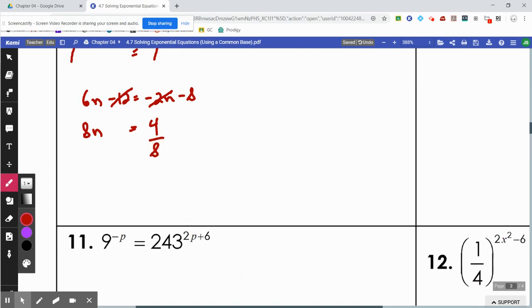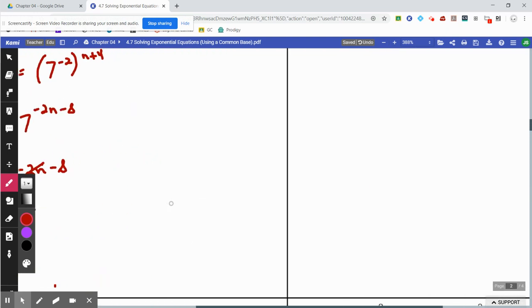Divide by 8. n is 4 divided by 8. That won't divide without giving us a decimal, so let's just reduce it, and we're going to get 1/2. Again, if you had divided it, you would have got 0.5 there. Next up,